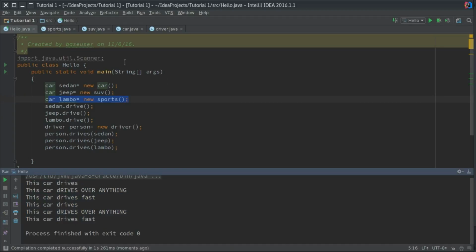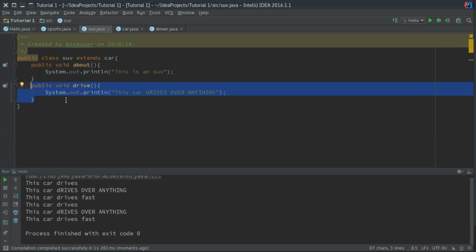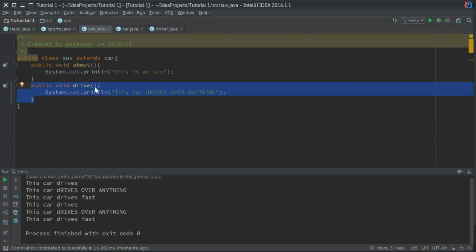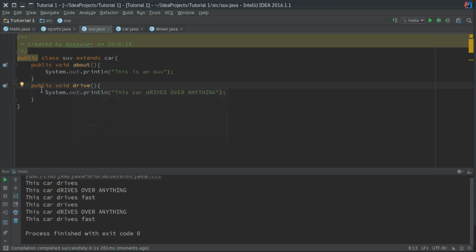But what if I have to override? What do I actually have to do to override functions? To override, the functions should be exactly the same in the classes, right? So if I want to override this drive function in the SUV, this drive function and the drive function in the car should match exactly. If there is no parameter in the car, there should be no parameter in the SUV's drive as well. No return type over here, no return type over here. It means the signature of a method